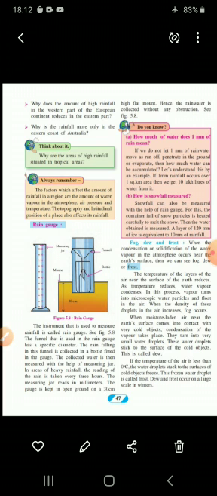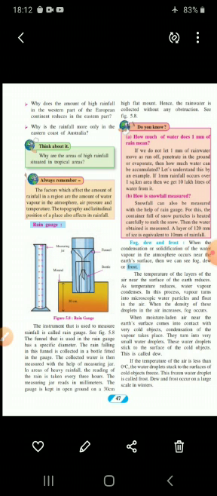So please take out page number 47. We will see left side under figure 5.8. You can see the figure, the picture of the instrument which is given, the rain gauge. You can see the measuring jar, mount, bottle and funnel which is given. So now we will see how using this instrument we can measure rainfall.